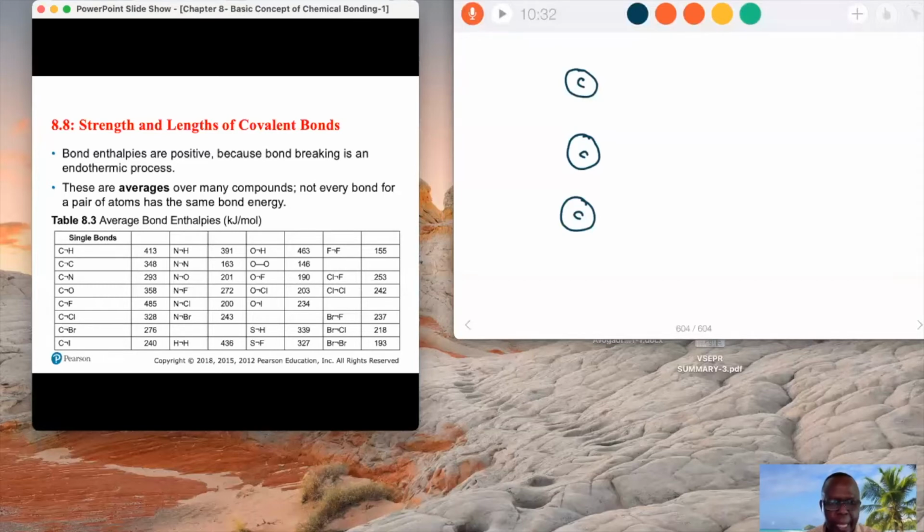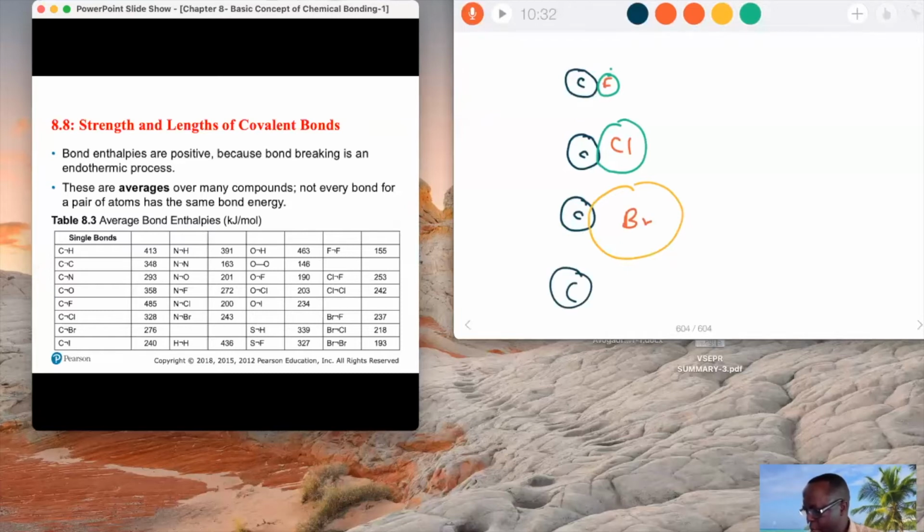The atomic radius increases. That's what we learned earlier on. So let me use a different color coding to now have fluorine, which is a little bit smaller than carbon, but chlorine is a little bit bigger, and this one is even bigger. So I have here fluorine, I have here chlorine, I have here bromine, and maybe here there is carbon. There is carbon, and of course this will be big. This one will be the biggest,